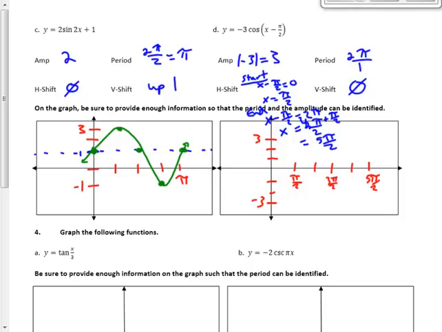So I can find that. I don't necessarily need to, but you could if you wanted to. This is a cosine. It's going to start at the bottom of its amplitude because I flipped it over. So at the pi over 2, which was the shift over, at the bottom of its amplitude is where it starts, goes up to the top of its amplitude, comes back down,